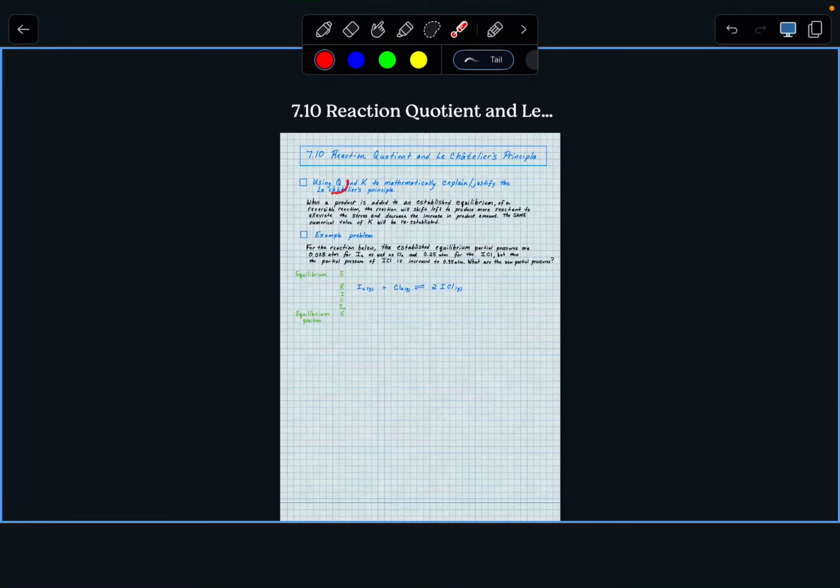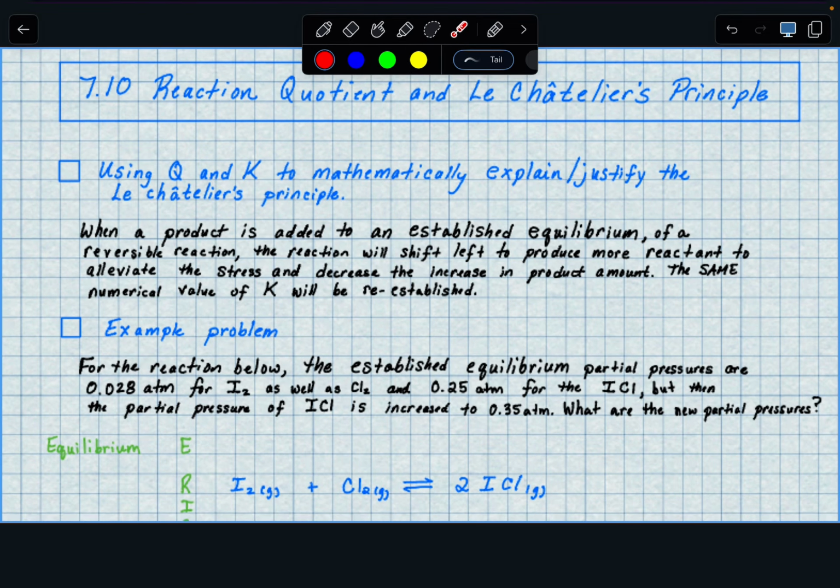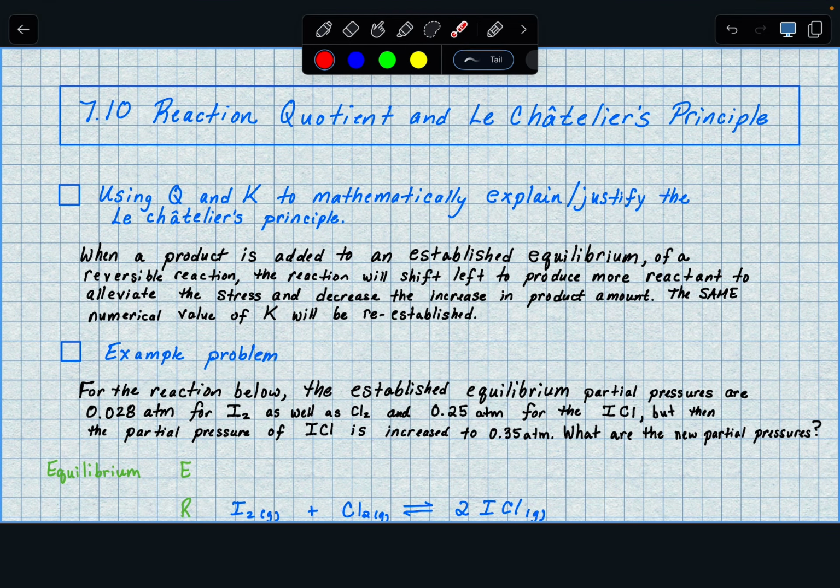The reaction quotient Q and the equilibrium constant K can both be used to mathematically explain and justify the Le Chatelier principle. This is part of Unit 7 in AP Chemistry on Equilibrium, Topic 10, but it could be part of your college-level chemistry course. In this one page of notes, I will be doing an example problem to prove that the established equilibrium can